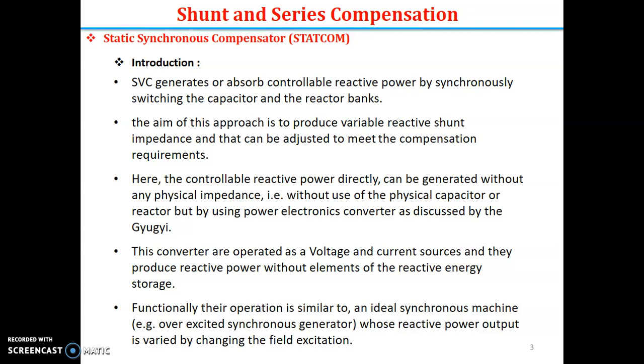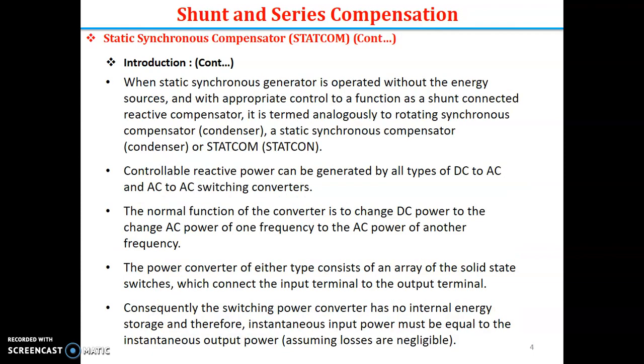And functionally, this operation is similar to the ideal synchronous machine, an over-excited synchronous generator if it is compensating VAR, whose output voltage or output power can be varied by changing the field excitation. Essentially, you have the static solution, and that was the rotational solution. So, when the static synchronous condenser is operated without the energy storage sources, or with appropriate control to function as a shunt connected var active compensator, whereas in a rotational solution, we have to rotate the system at the